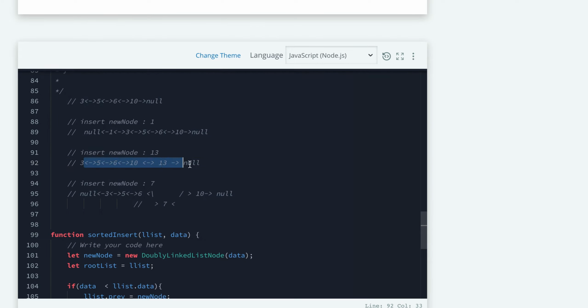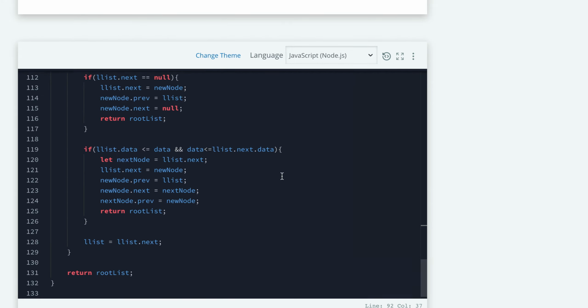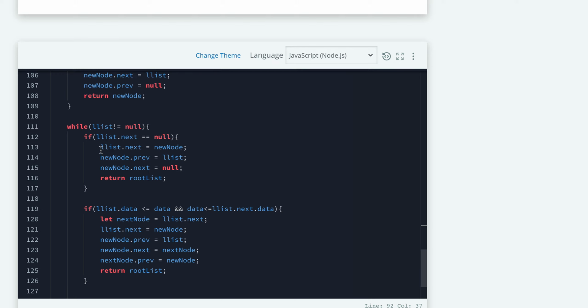Then that situation is handled. The same thing we are doing here: current linked list dot next will be our new node, new node dot previous will be our current linked list, and new node dot next, because our new node will be our new tail, we assign as null, and we will return our root list.